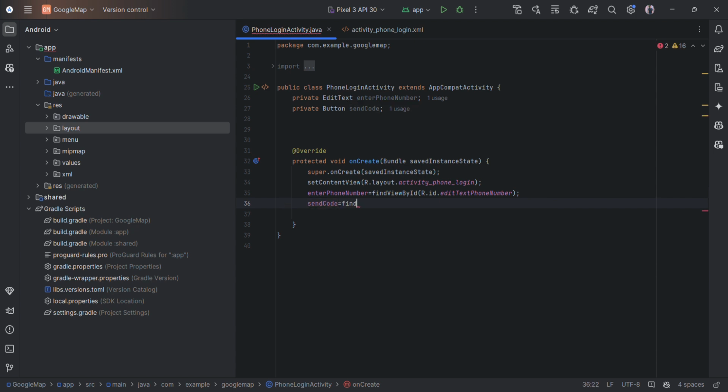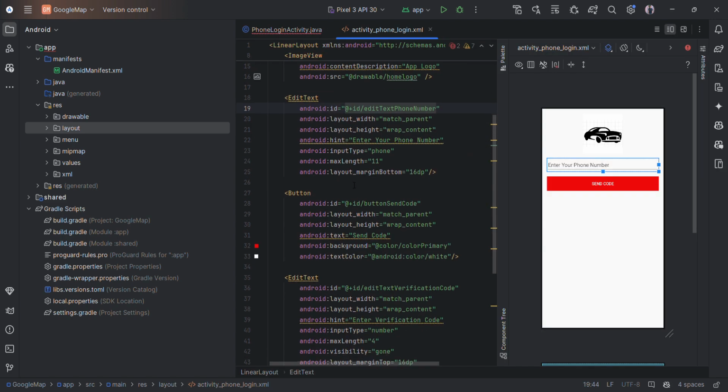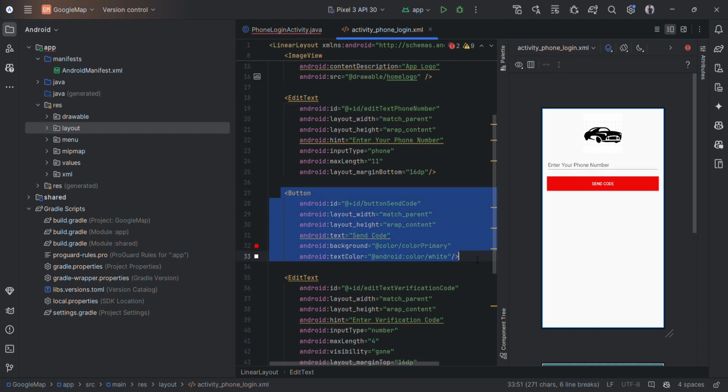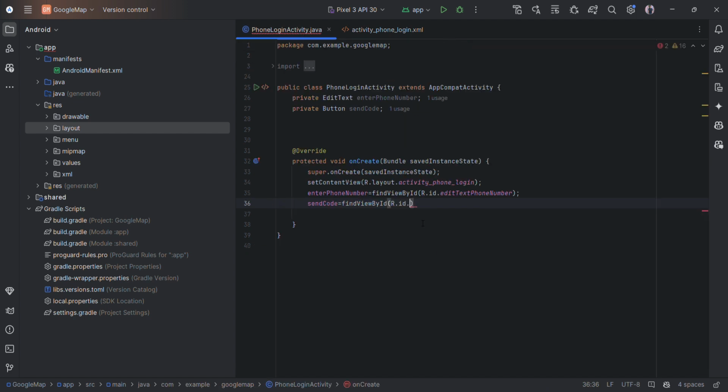Then send code, same, R.id dot, what is the id for the button? This is the id for the send code button. Now we will simply paste this. Okay,